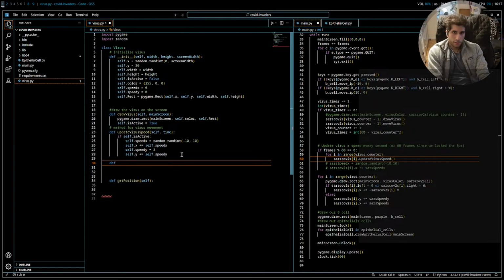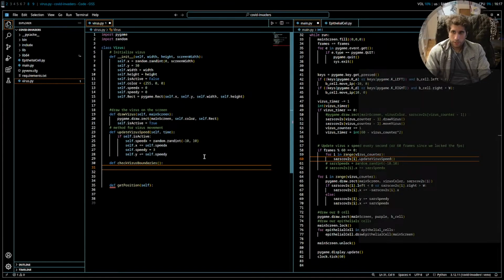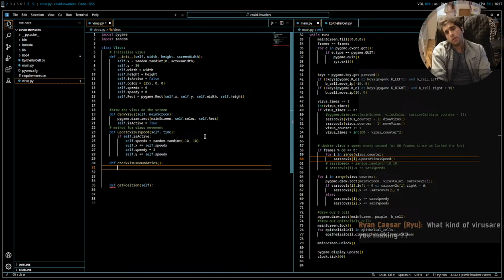And here we can call this like check virus boundaries. And then we can say this will be the SARS-CoV-2 virus. So for COVID. We'll get the rect characteristic and then we'll go into its left. Forgot my if statement. So if it's less or